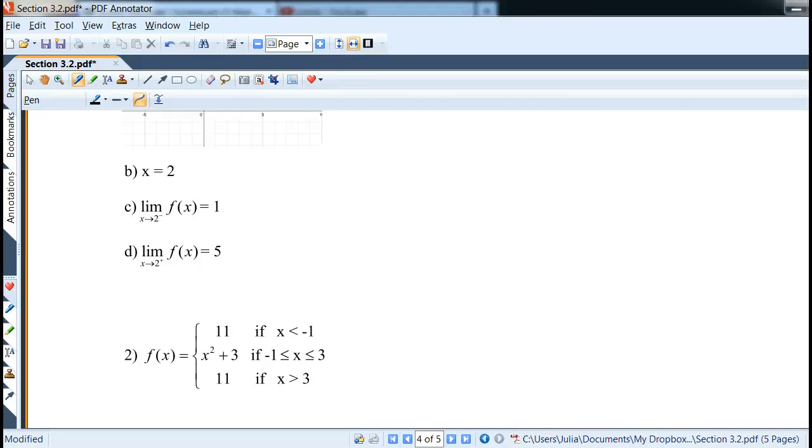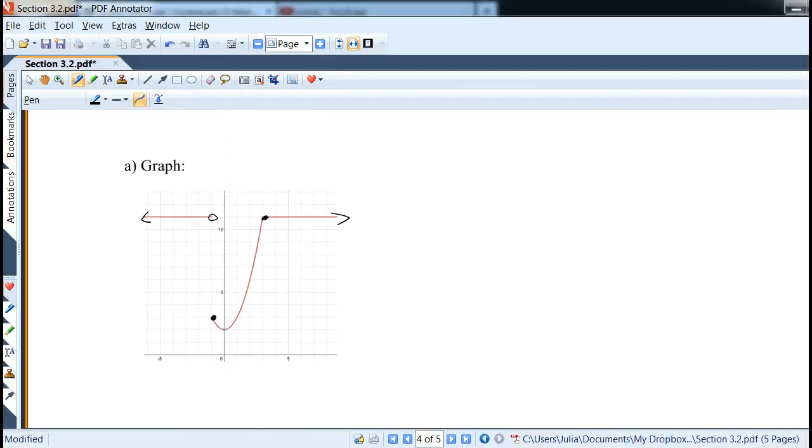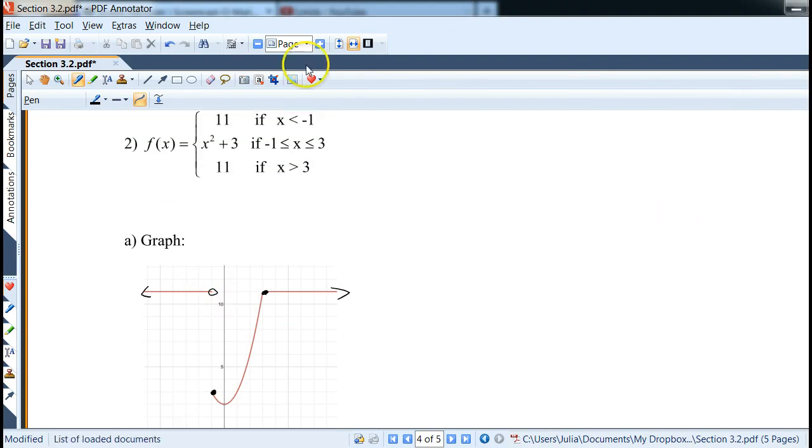Notice here is another piecewise function. Again, I graphed it on the graphing calculator and Desmos. Same thing. You had to supply the hole at x equals -1, because notice it's a strict inequality here. So it ends on the hole on the left. But then it's between -1 and 3 with less than or equal to, so I did put in filled in points. And since the second 11 happened to match with 11 on the x squared plus 3, if you plug in 3, you're going to get 11 there, because it's,